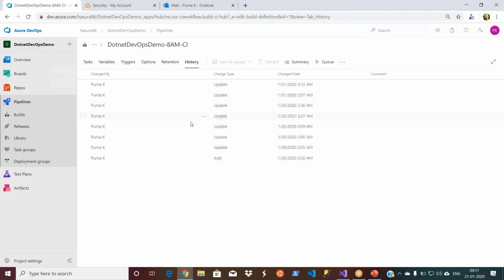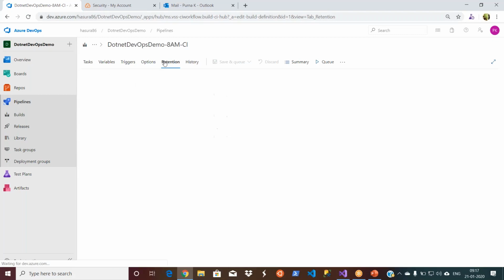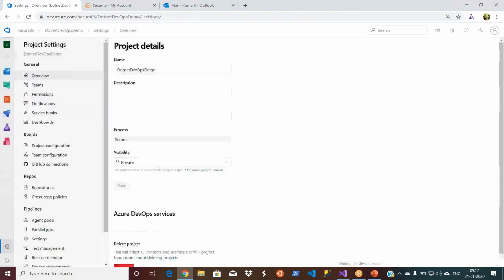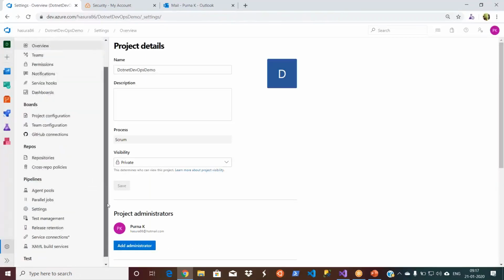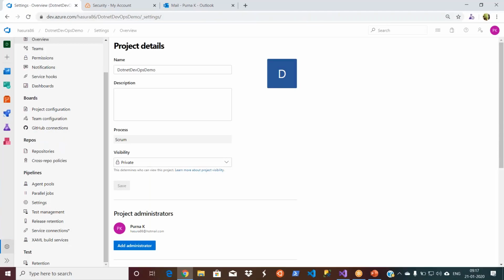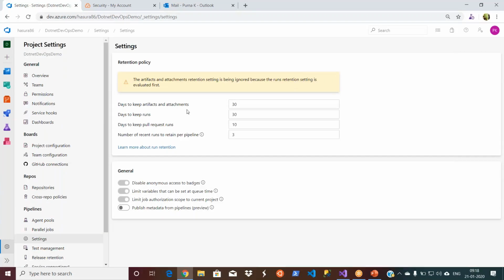This is what you do, and that comes here. So if you want to go and make some settings, it is saying go to the project settings and configure. We always go here, right? Project settings, and you can go and see these are the test retentions. In the same way, we'll have the retention policies. You can go and configure them here. Days to keep, pull request, etc. So you can configure them. Okay.